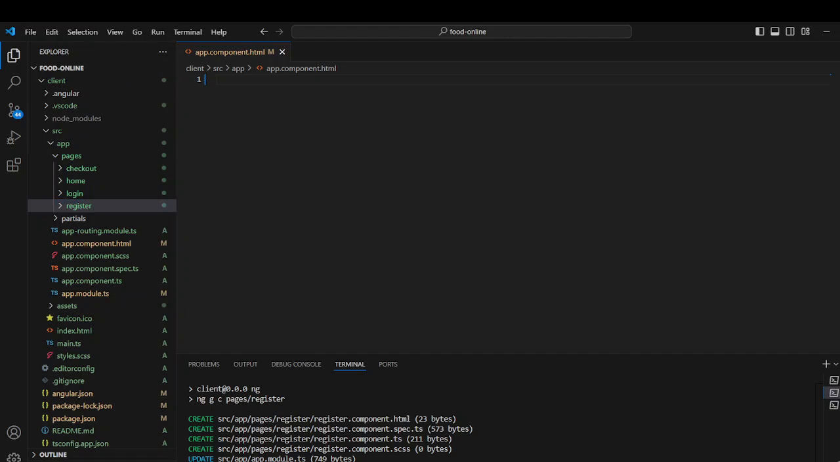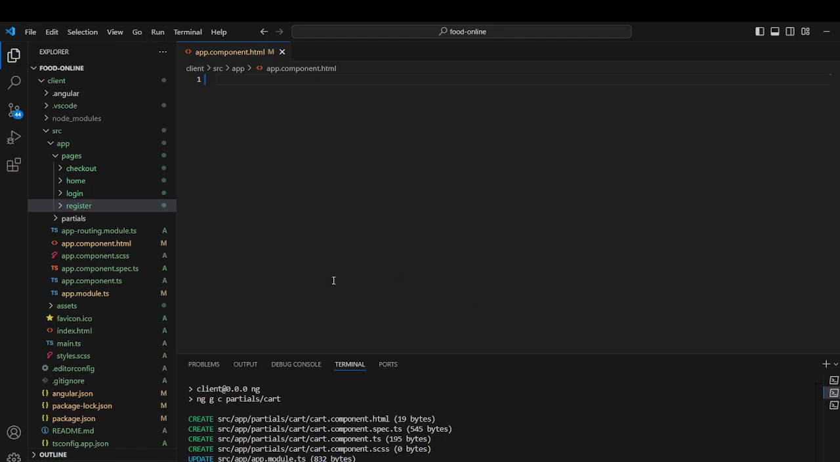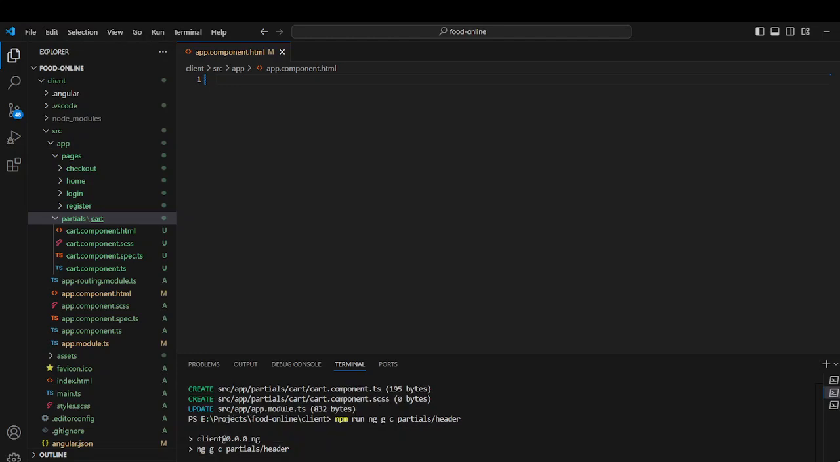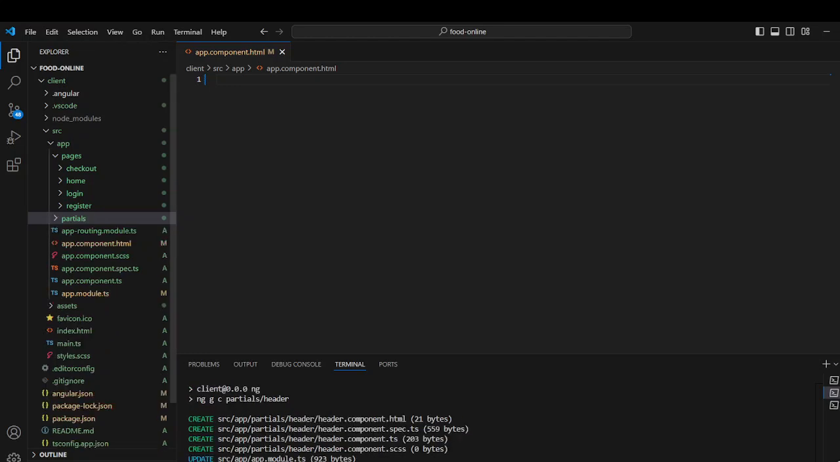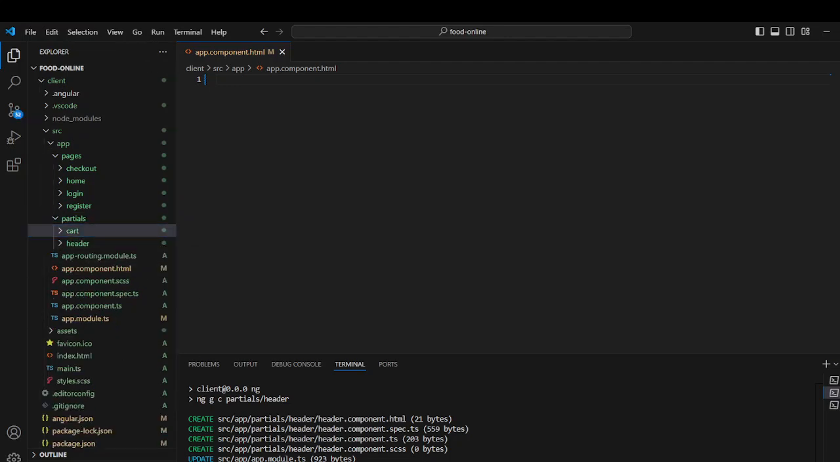Okay, so what we required, partials means, let's create inside the partials. Let's make it as cart. Okay, cart component, where the user can select the items and see cart is created successfully inside the partials. And also we want header. Let's change it to header. So here you can see inside the partial folders we got the cart, we got the header, and also create the footer